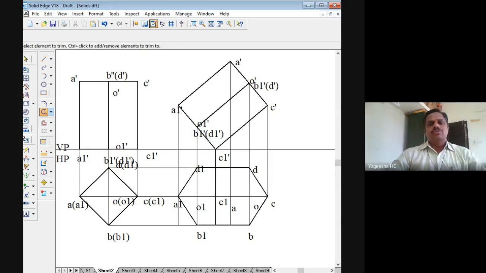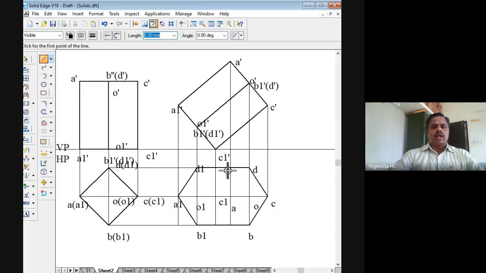Now look at the second front view from the top. The points ABCD are all visible here. That means they are nearer to the observer. So in the top view they will be visible. So join them with thick line now. That is A to B, you have to join with a thick line. B to C is already there. Then A to D also you have to join with a thick line. Then A to A1 also will be a thick line. Right? So this is how we are marking the visible edges.